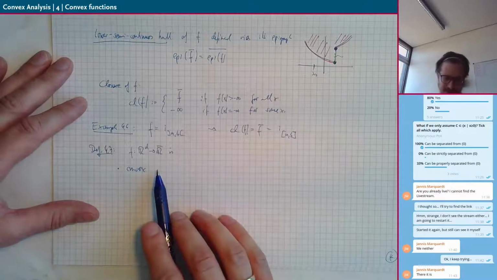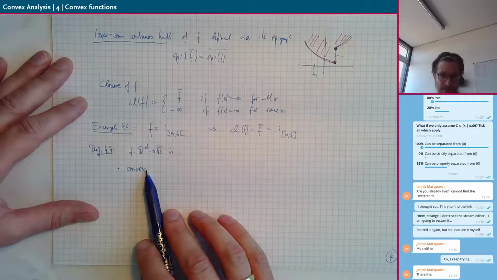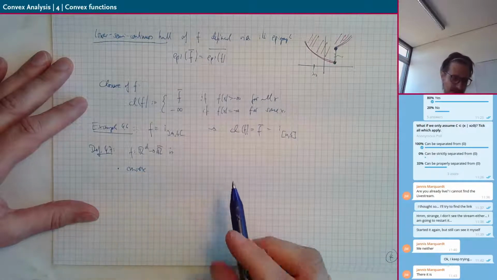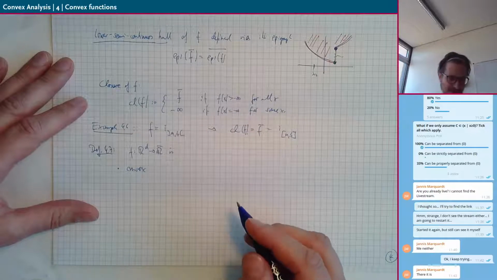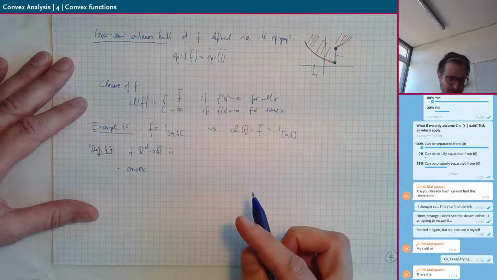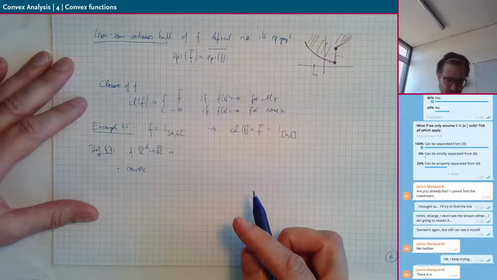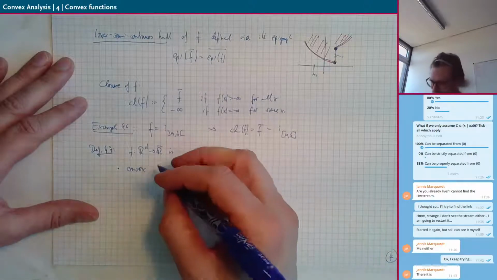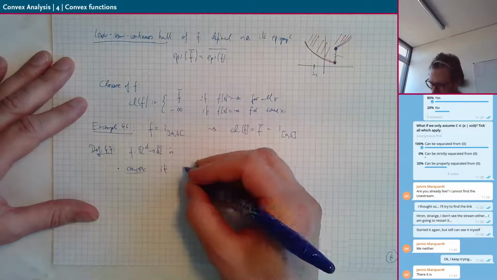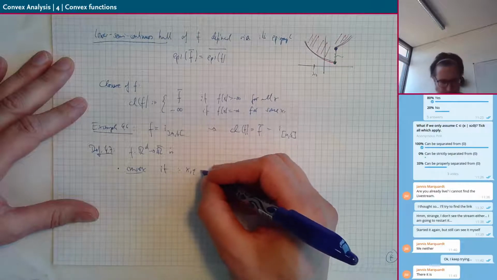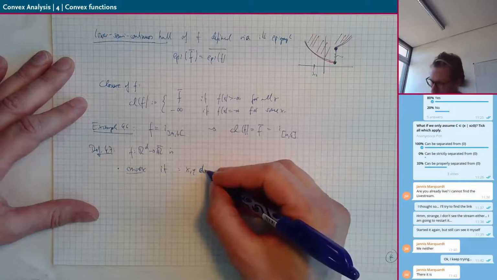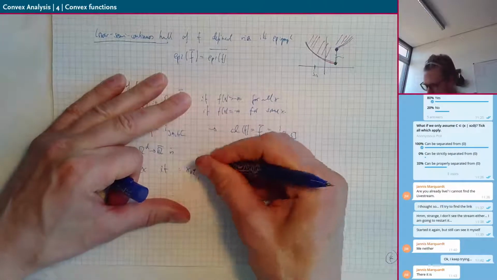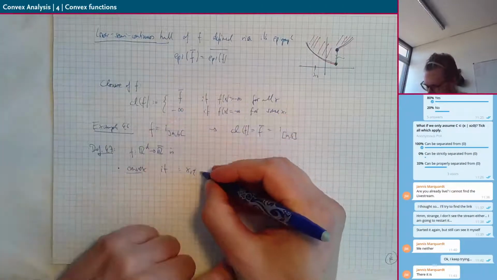We could define it by saying that the epigraph is convex, which would be a valid definition, but I guess it's sensible to write down the usual definition. This says f is convex if you have x and y in the domain, in the effective domain,